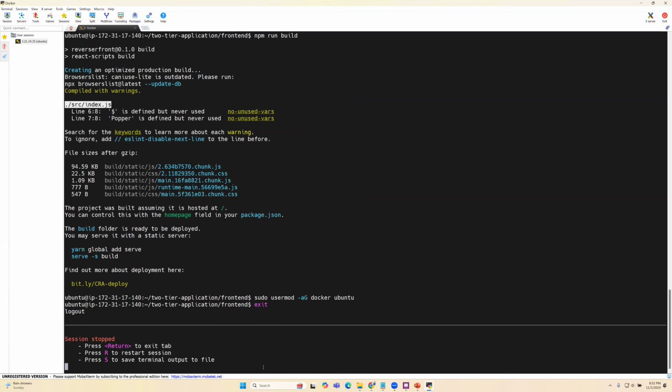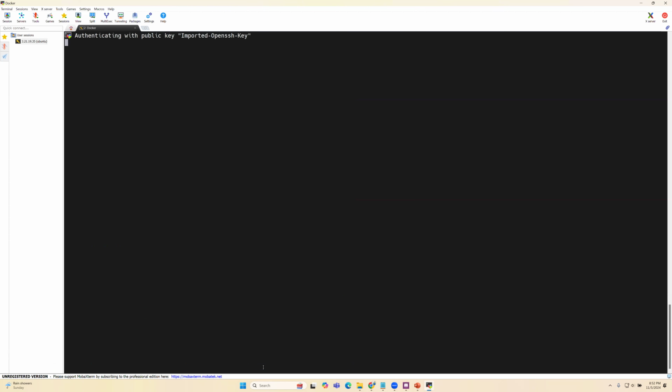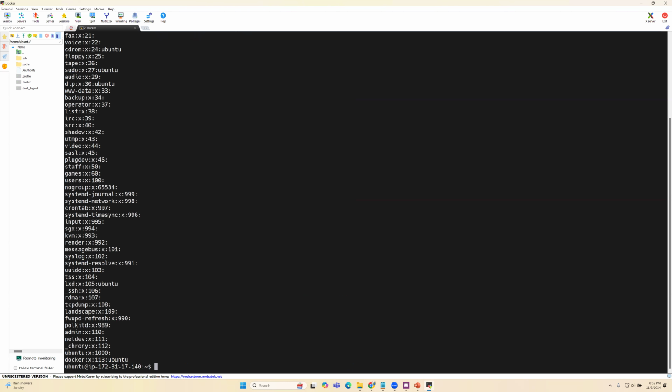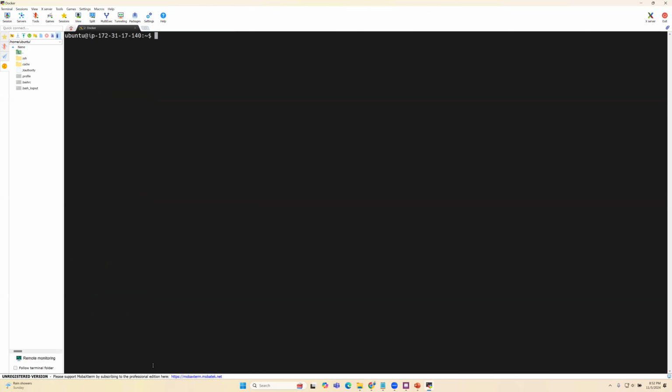and to exit and restart again. We try to cat /etc/group. You can see the Docker has an Ubuntu group access. Okay, so it should be good right now. So I need to go inside the studio and then